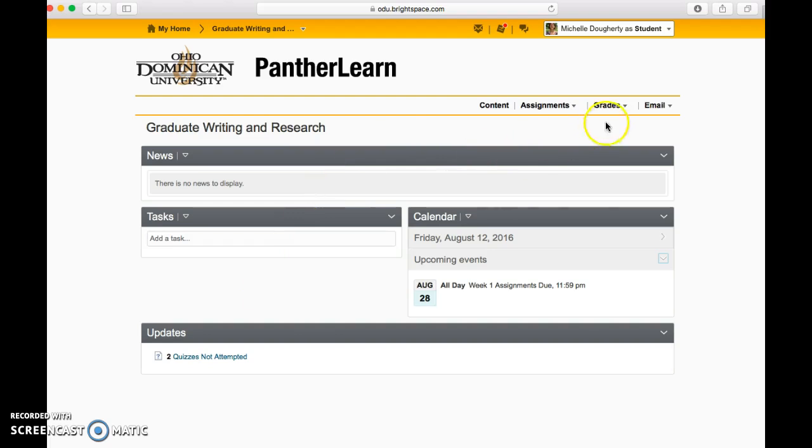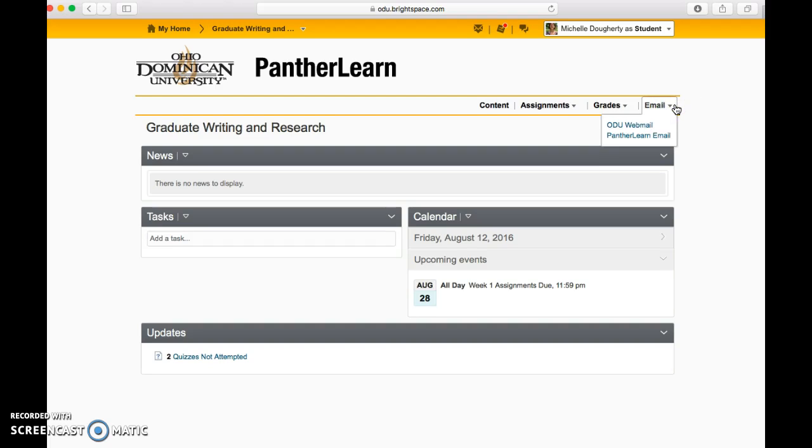In the Assignments tab, you can see a whole list of all of the drop boxes we have for the class, all of the discussions, and all of the quizzes. So you can always go to those pages and see where you are, and you can get updates on what kinds of new posts and things there are there if you want to do that. You can check your grades through the Grade tab,